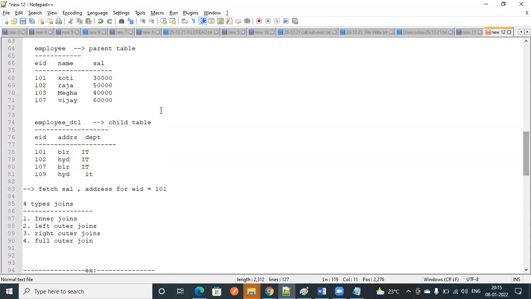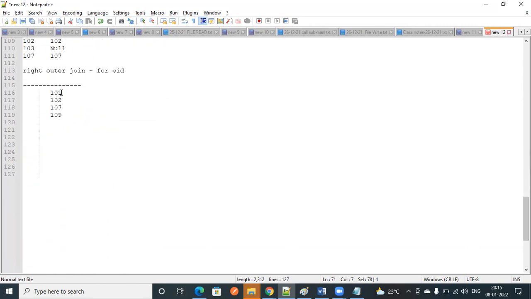Then look for matching. Are there any values matching here? Yes. 101 is matching, 102 is matching, 107 is matching.